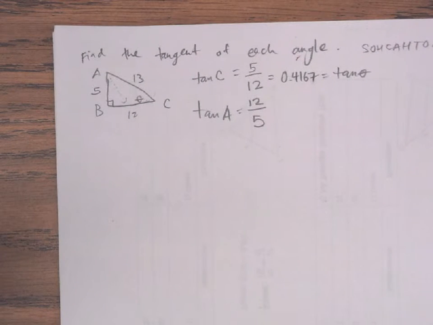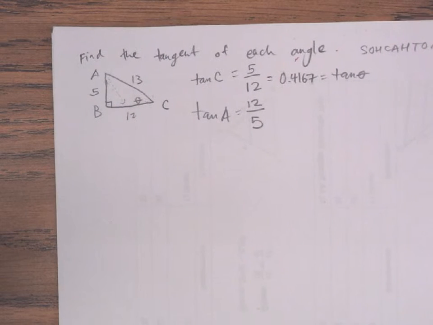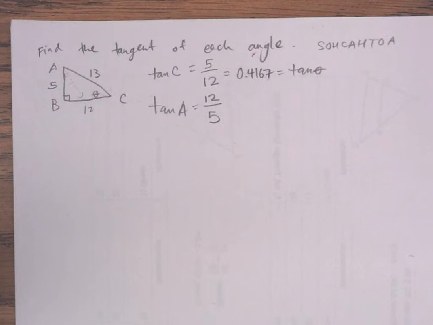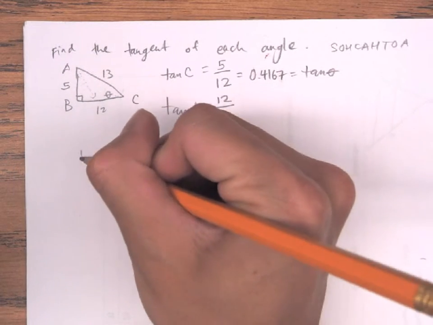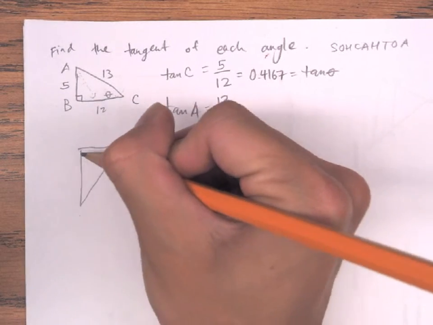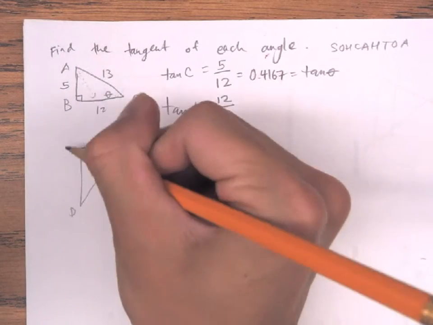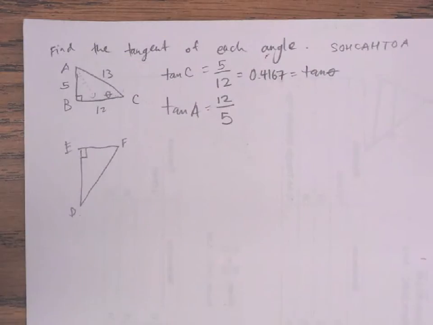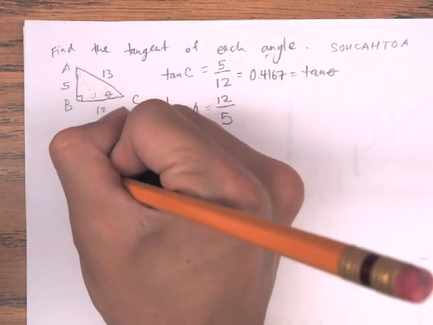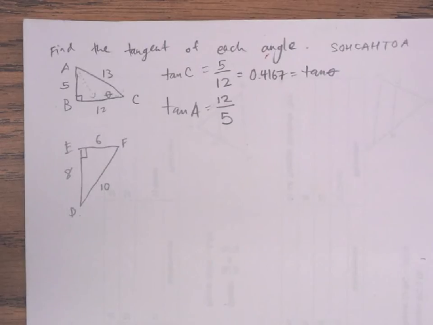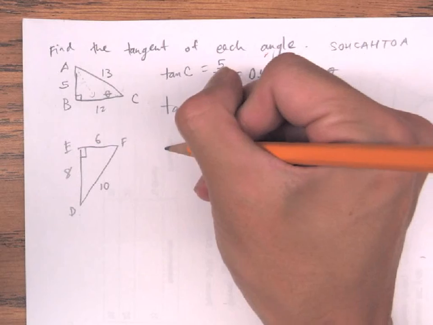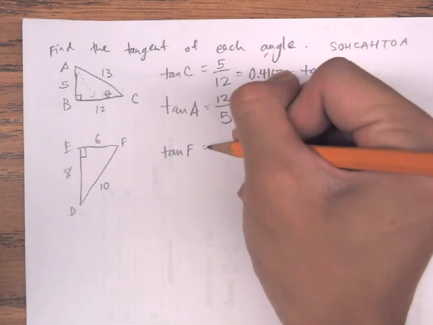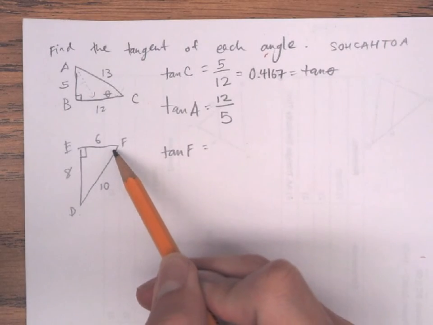I'm going to show you one more problem, and then I'm going to stop the video and continue in part 2. Another example that I showed in class was this one here. We have triangle DEF, with sides 6, 8, and 10. Our goal is to find the tangent of each angle. Let's say we want to find the tangent of F. So the tangent of F is going to be